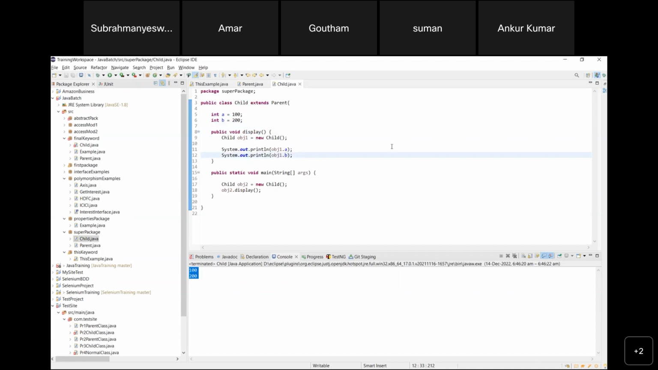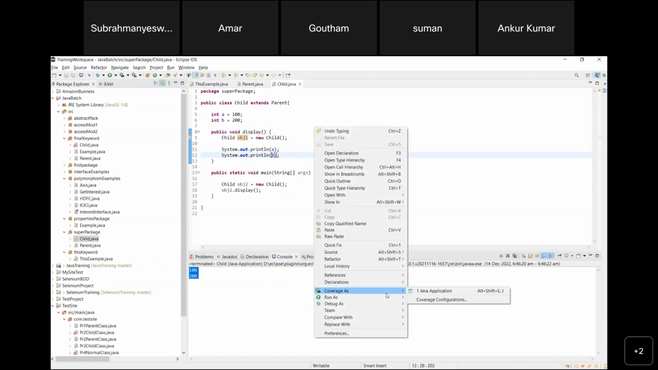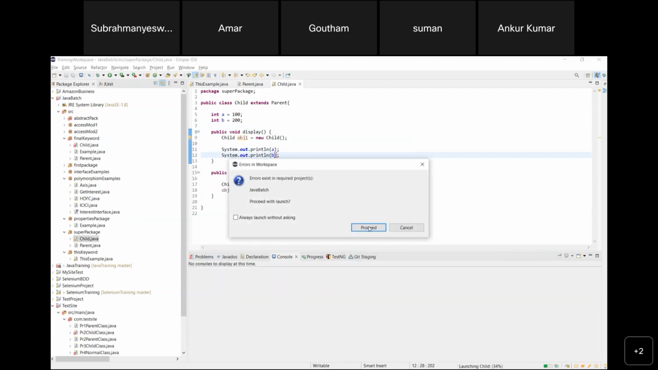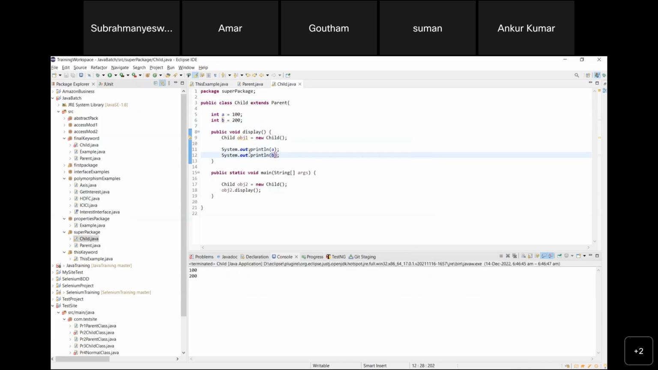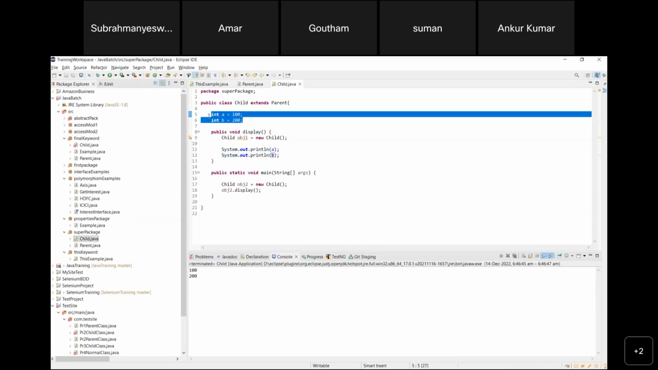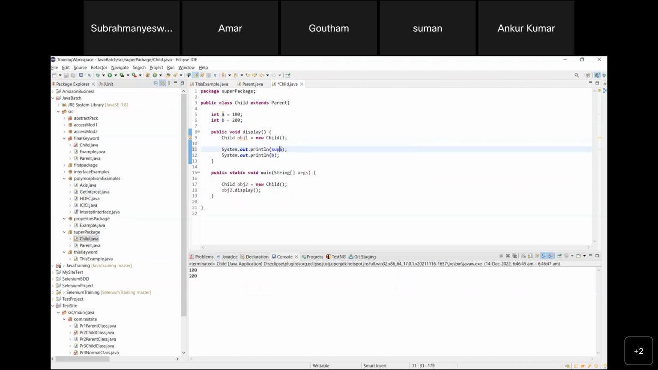Since these are instance members, I can call them directly. I don't need to use anything else, because instance variables can be called within the class directly within an instance method. This is also an instance method, and these are instance variables, so I can call them directly. But now I don't want these child class instance variables. I want the parent class instance variables. In that case I can use super.a,